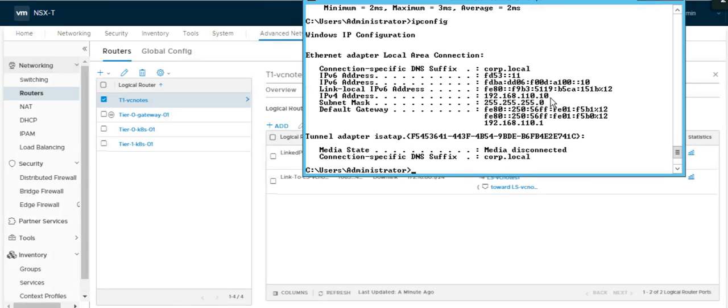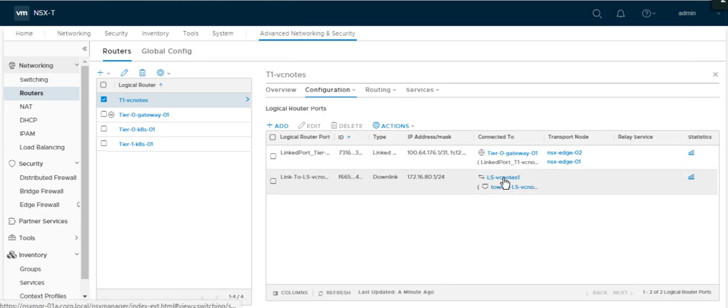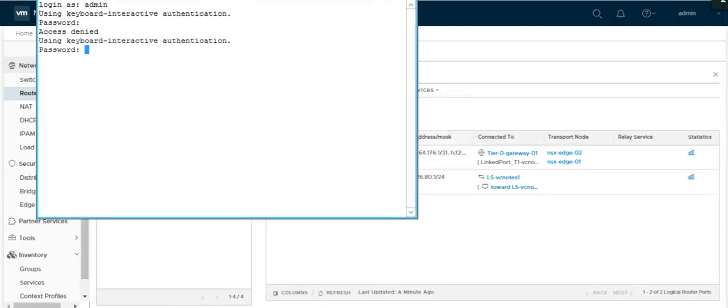So the reachability is there. I can reach the virtual machine under this logical switch through the tier 0, through the tier 1, and up to the virtual machine. If I check PuTTY, I can access it as well.